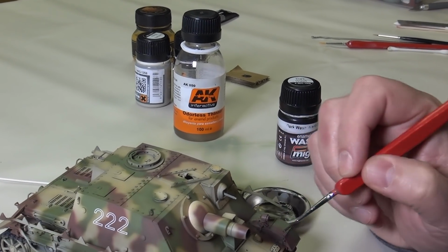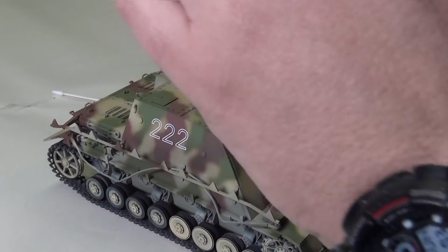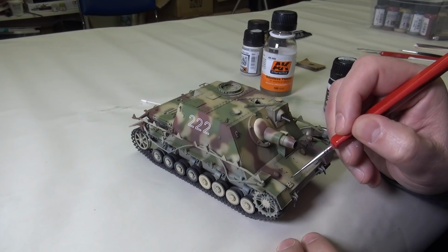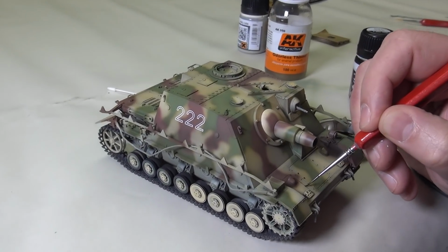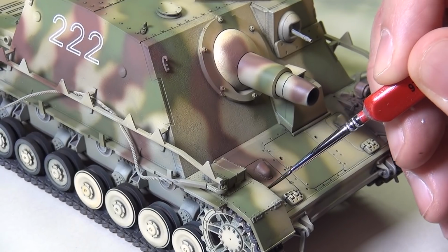What I just start doing is, we just sealed this side here, so I'm going to let that set for at least 24 hours before I do anything to it. Don't want any more excitement there than we need, and I'll work on doing the pin washes here. And again, just similar to what we did on the Sherman, touching, we've got some nice panel lines here, we've got some